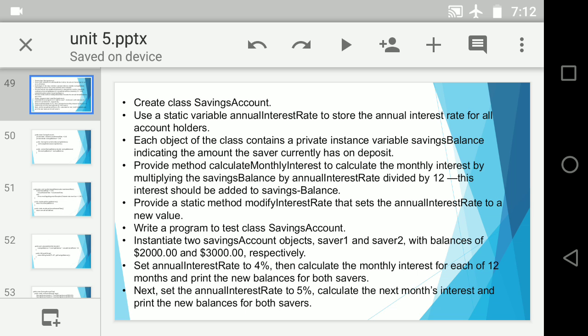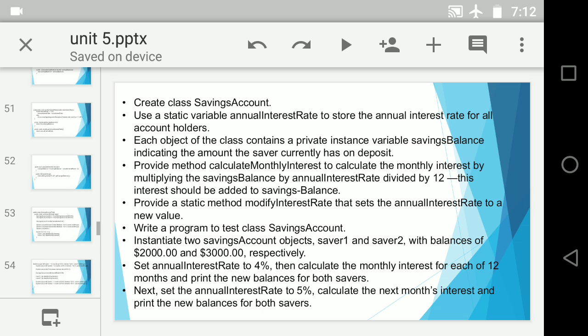Correct? We have created another method to change the interest rate, modifyInterestRate. Correct? So that modifyInterestRate is a static method which accepts a value from the main program, checks whether that is greater than 0 or not, reinitializes your variable, and then if it is false, or if the validity does not hold, then it throws an exception. So simple. Up to this part we have done this thing, so no big deal. Now we are going to test whether whatever we have done is in working state or not.